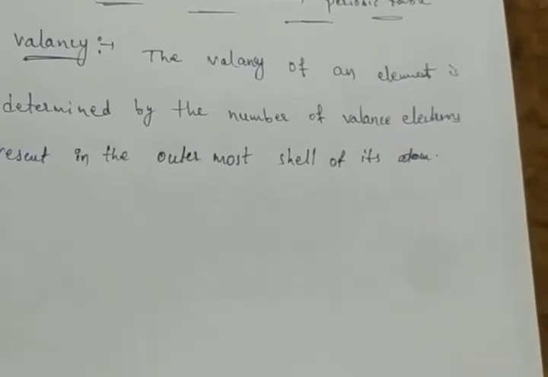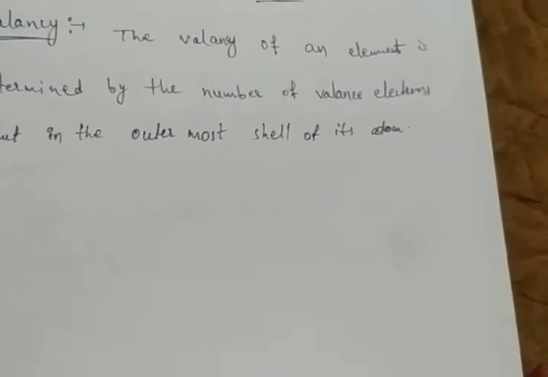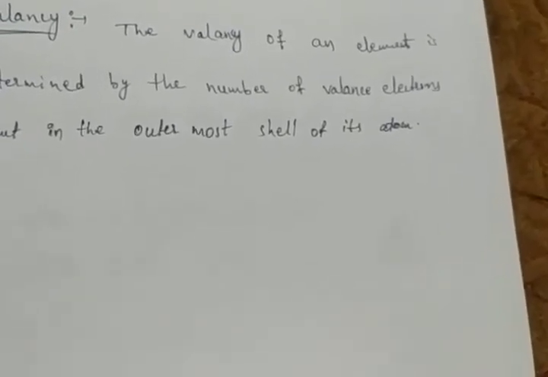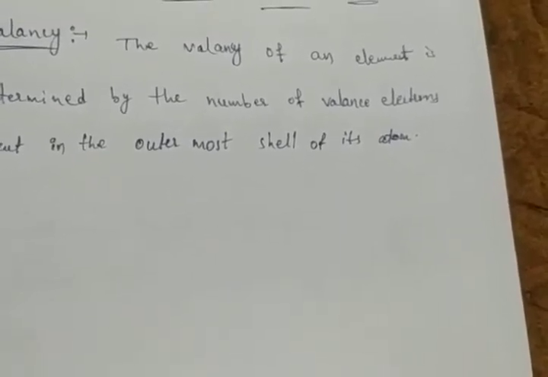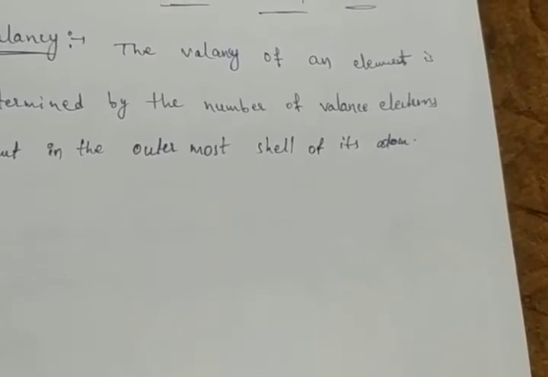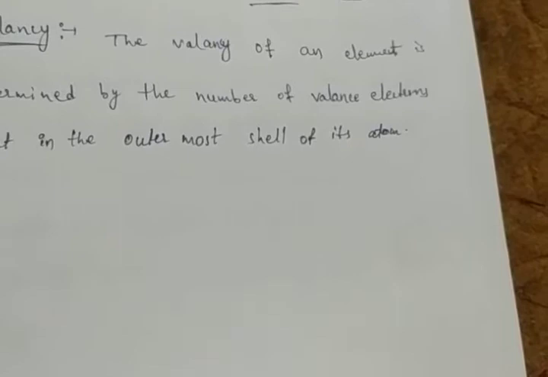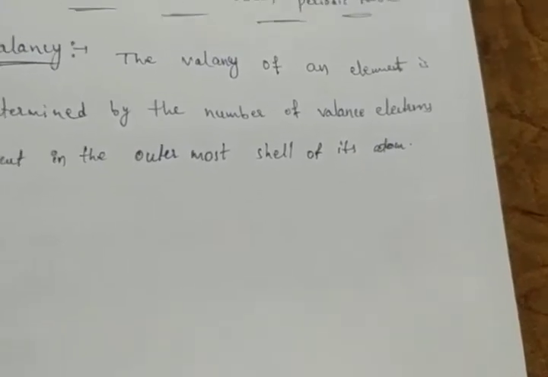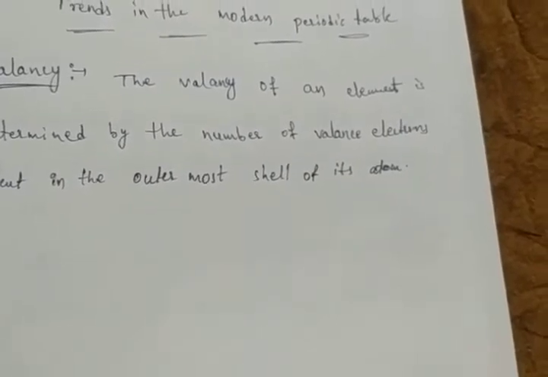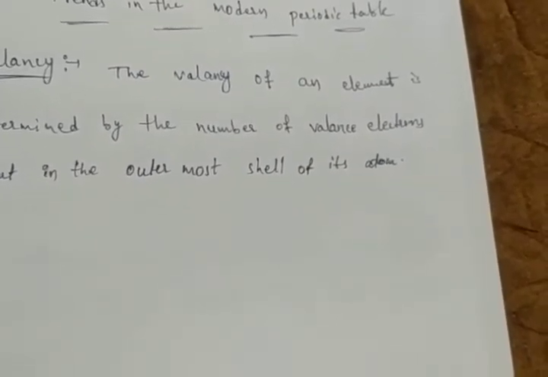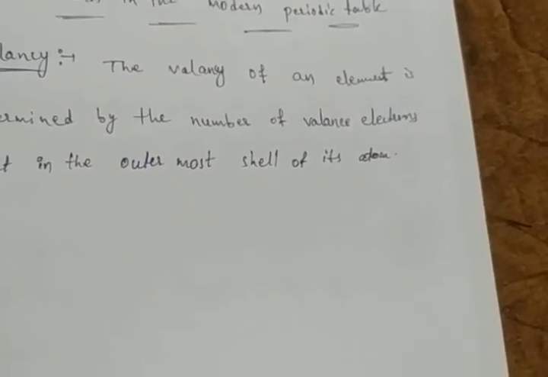By the activity we have to understand valency. Here in the activity, just write down the electronic configuration of magnesium and sulfur, and you can find out the valency of sulfur and magnesium. Magnesium atomic number is 12 and sulfur atomic number is 16. We learned in the previous classes that in a group there is no change in valency, but in a period from left to right the valency changes.